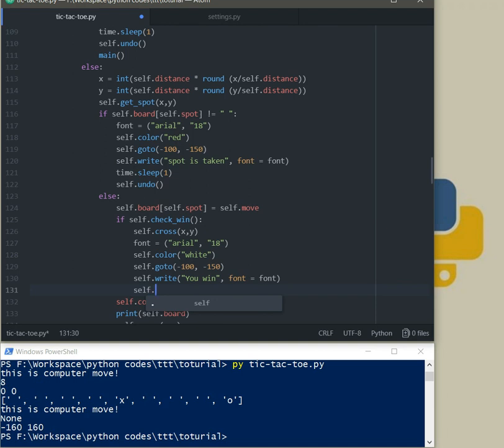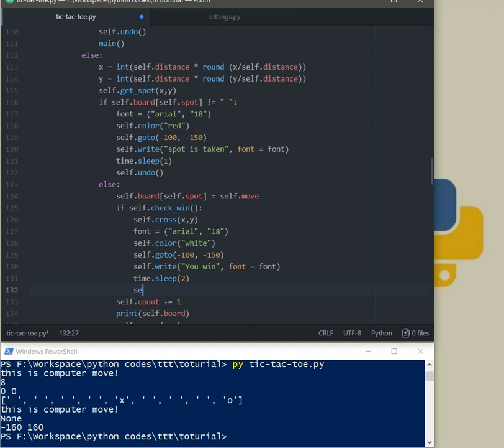Then not self.sleep, it's time.sleep 1 second or 2 seconds, after that self.undo,